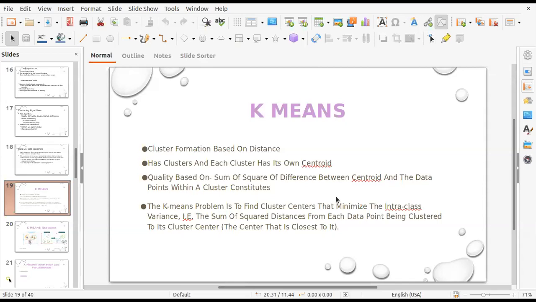So that average of individual attributes will give you the centroid of the cluster. So this is a representative of that cluster. So it's a central point, we can say, of that cluster, which represents that cluster. Quality of this K-means algorithm is based on the sum of squares of difference between centroid and the data points